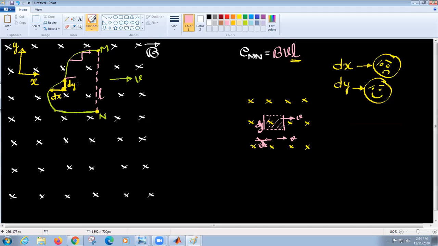End of the day, if I integrate all dy, then what do I get? If I add this dy and this dy, all the dy's, I'll get this length here. So end of the day, only these will contribute to the induced EMF. Therefore, the integration of dy must be L. So this is what gives BVL.